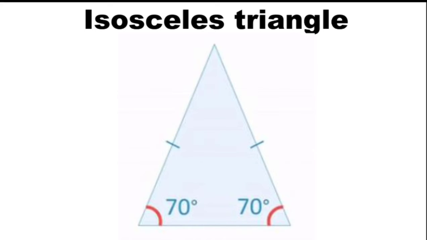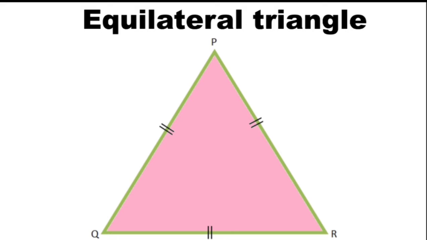Now let us move ahead. Now you come to another triangle, which is known as an equilateral triangle. Equilateral. Equi stands for equal, lateral stands for sides. That means all sides are equal. That's why all the marks are identical. Could you see here? Triangle PQR is given to you with two identical marks here, and two identical marks down.